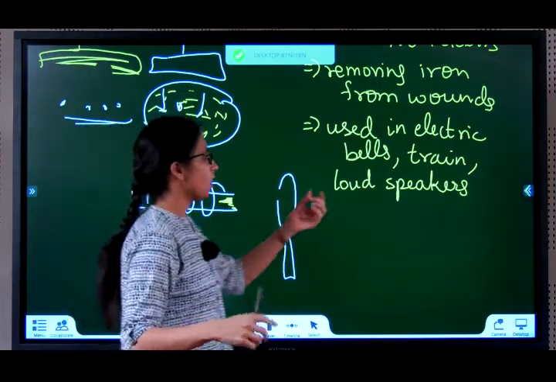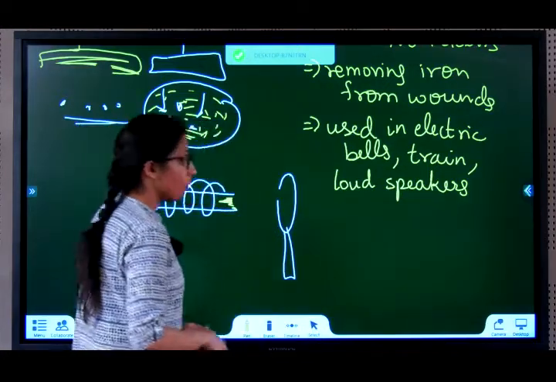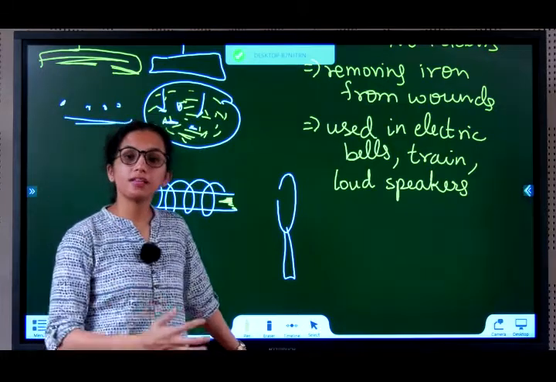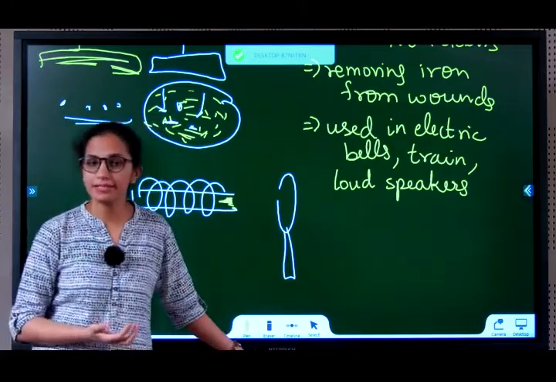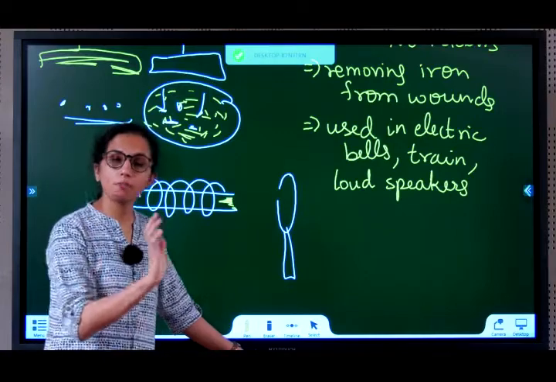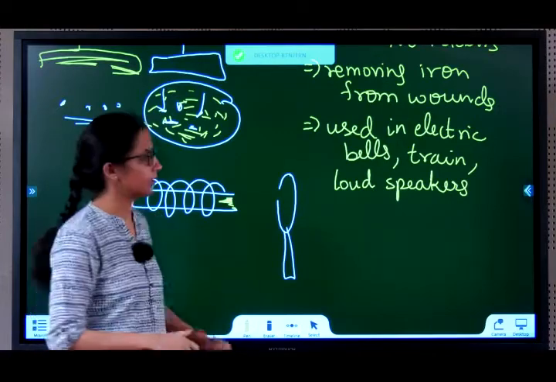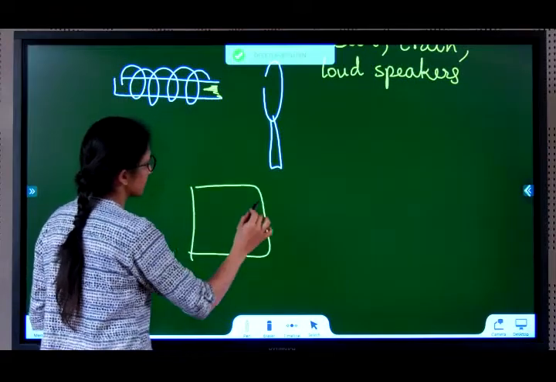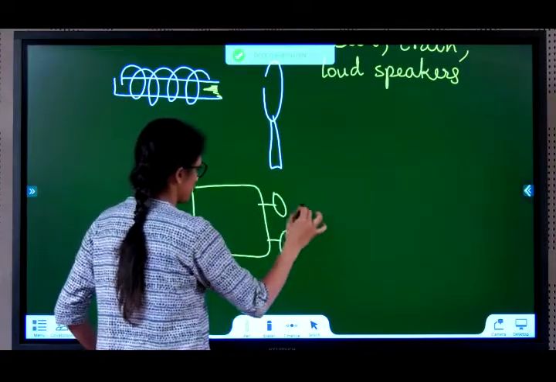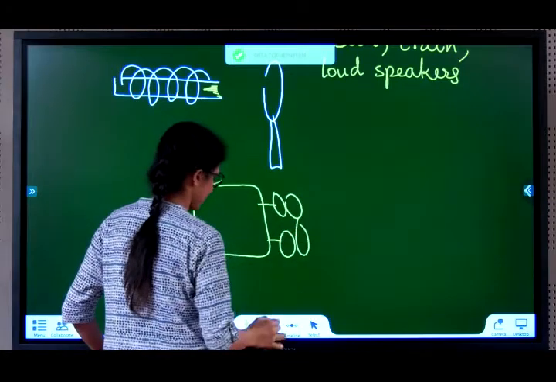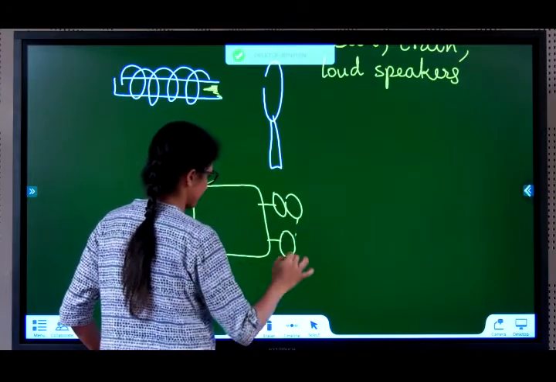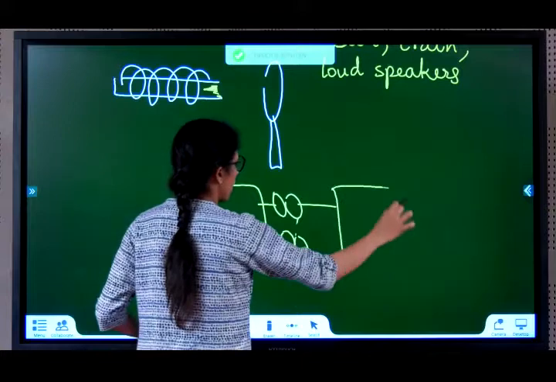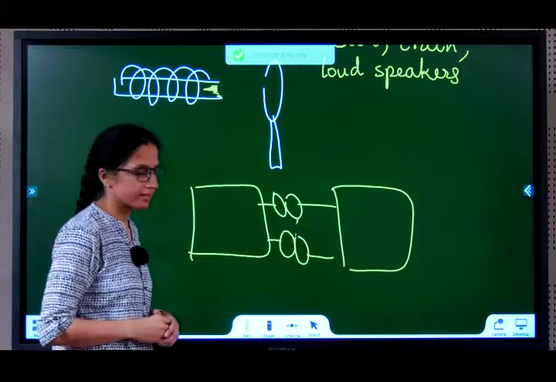Similarly, loudspeakers. What about electric trains? In one bogie of the train, there are more than 200 people sitting. How can anyone go and push and pull it? How will the brakes work? So what happens in electric trains is, between two bogies, have you seen, we have a few plates like this. So how do we detach and attach the bogies?